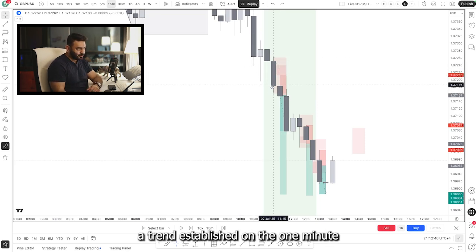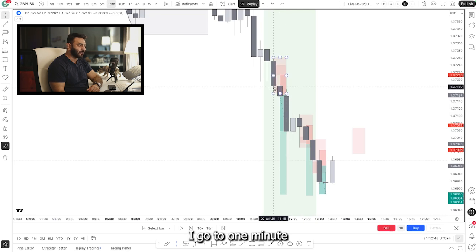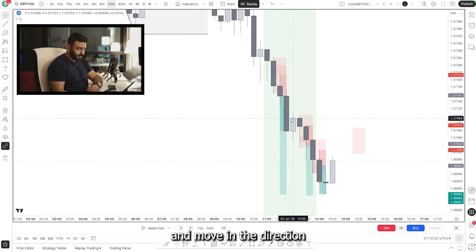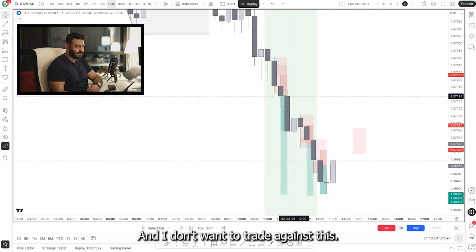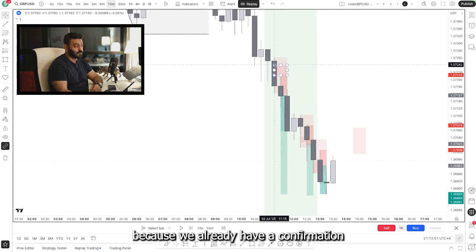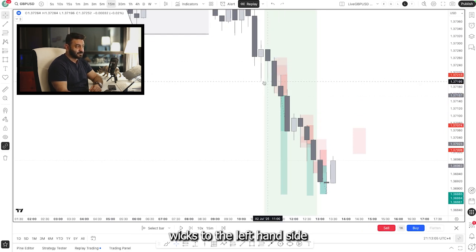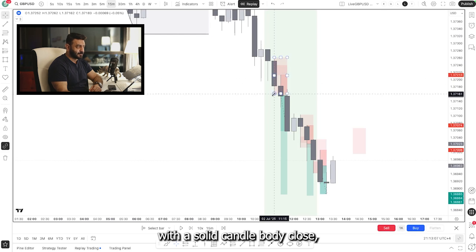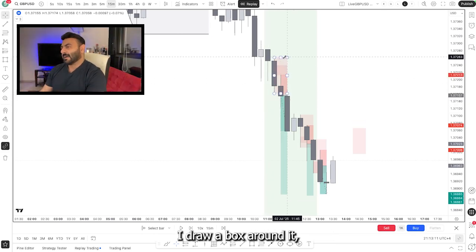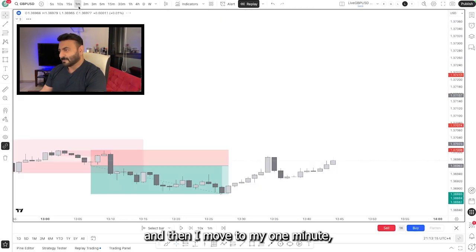Understanding that there is already a trend established on the 1 minute, I go to 1 minute and I want to capitalize on this wick and move in the direction of the moving train. And I don't want to trade against this. The reason I know it's moving in this direction is because we already have a confirmation bias that the trend has been established. It has broken wicks to the left-hand side with a solid candle body close, and I'm 100% wanting to get involved. So what do I do? The first thing I do is draw a box around it, and then I move to my 1 minute